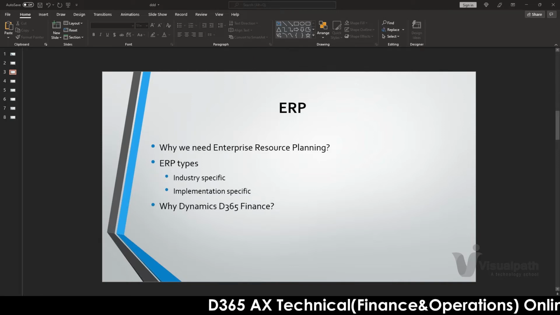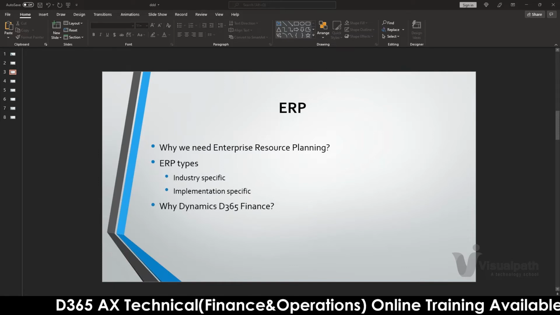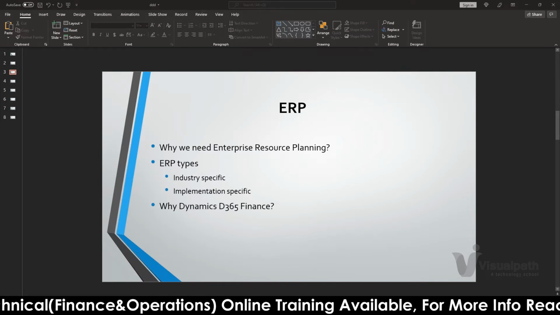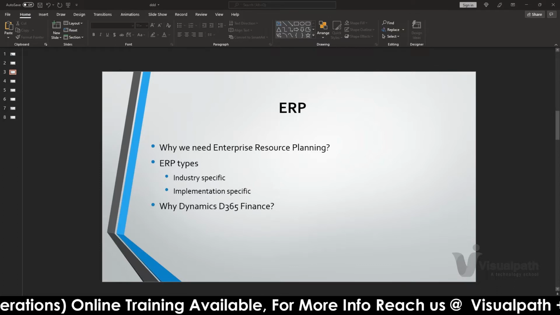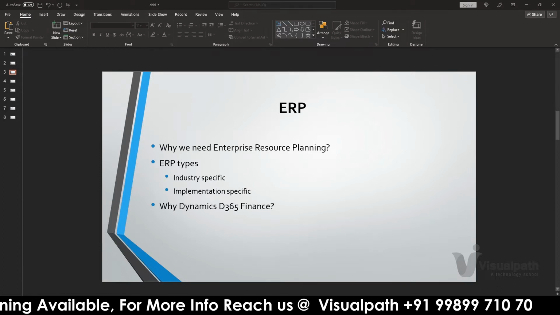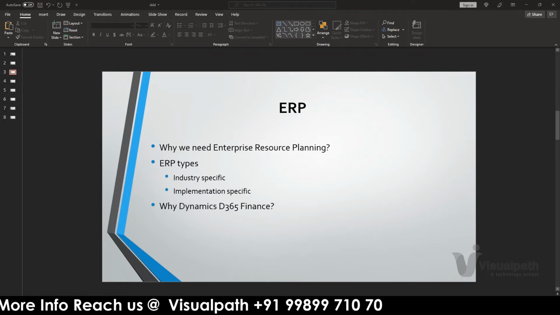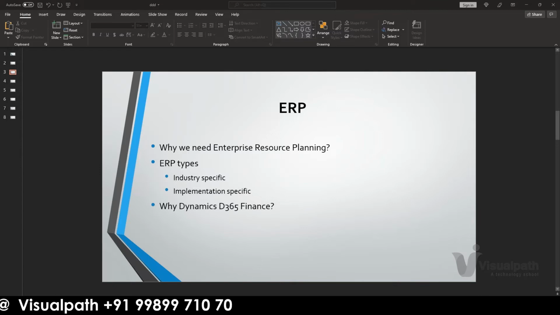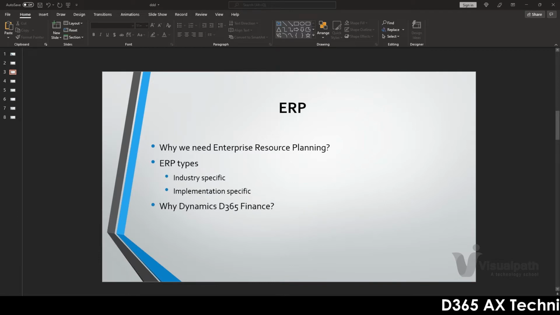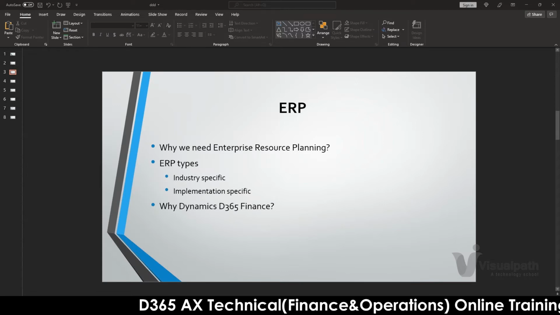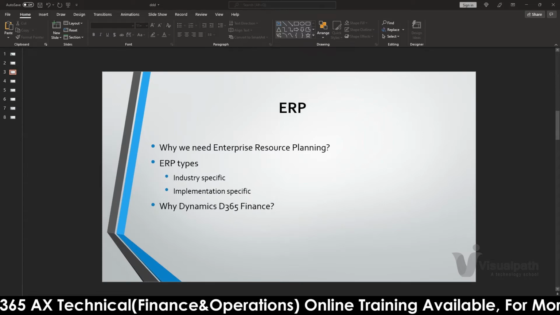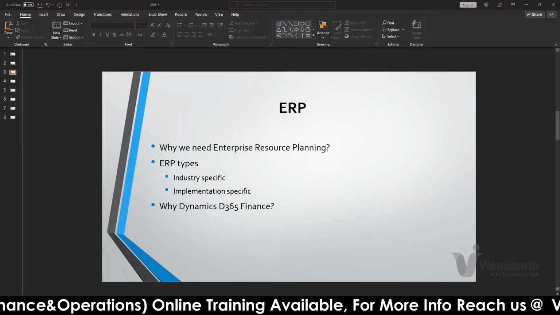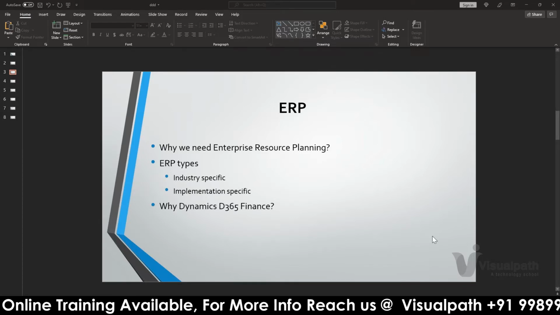And one more thing is that it supports around 48 to 52 global languages. This product can be accessed in their own regional languages, among the 48 or 52 multi languages. So these are all the things we have in the Dynamics 365 ERP.